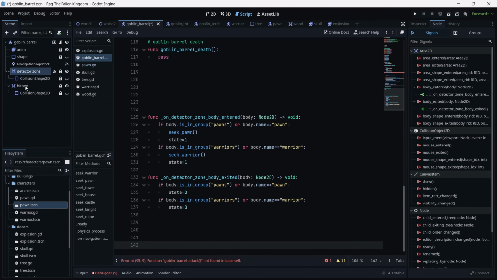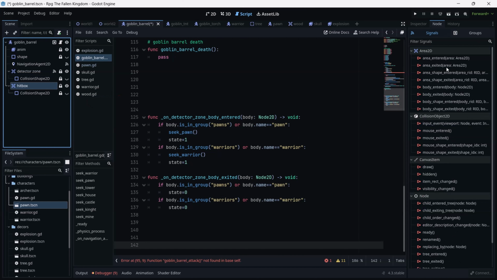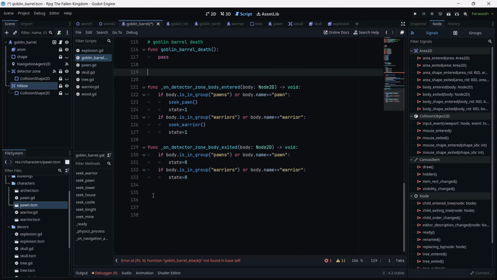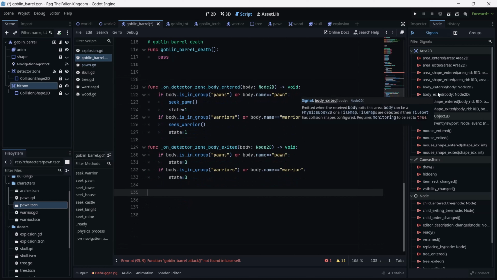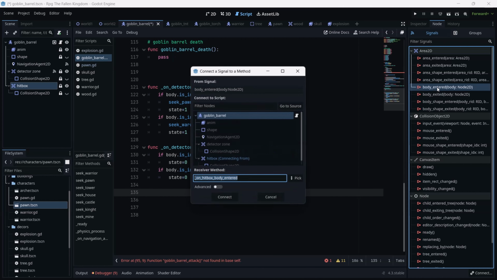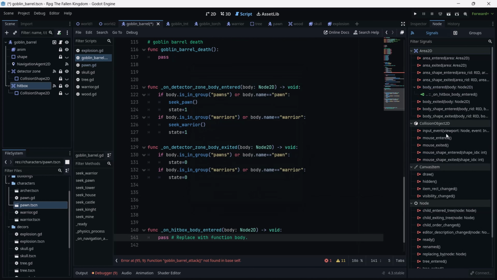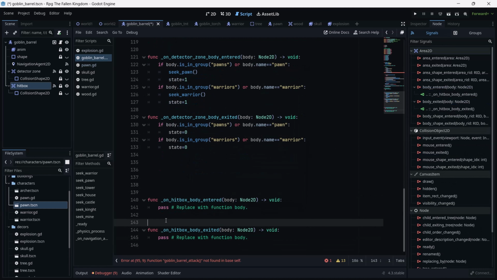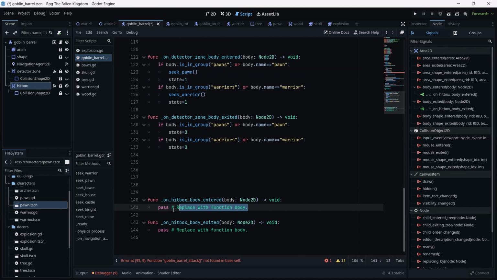Down here, we attach another signal for the hitbox. For my hitbox, we want to connect if a body entered it. That means if something collides directly with my hitbox, it's basically just checking for